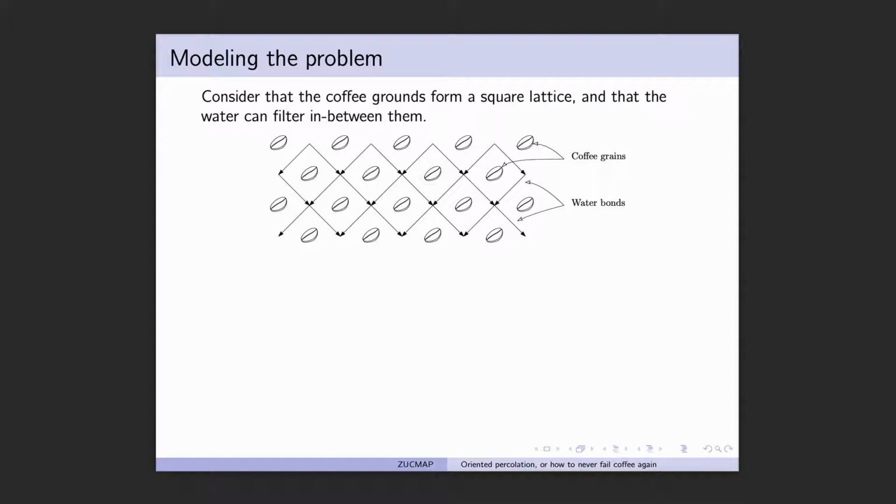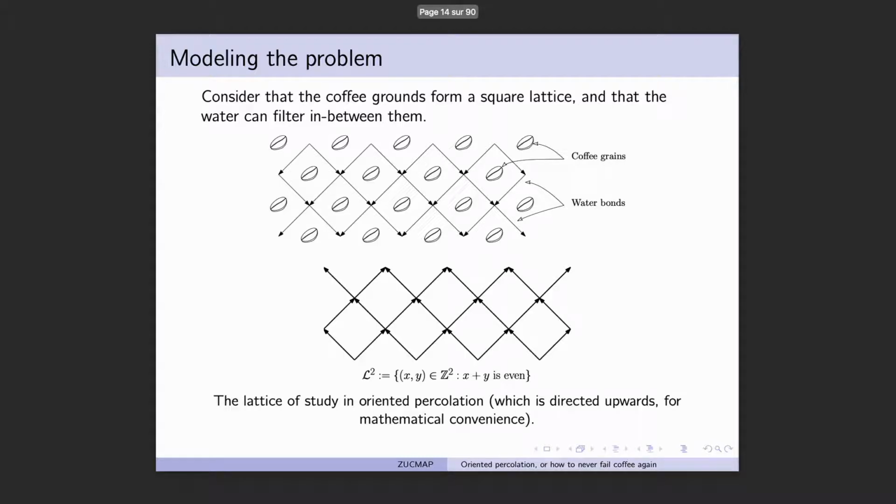And this will be the lattice that we'll consider in oriented percolation. Actually, it's convenient to rotate it by 180 degrees and to have the orientation up. So what you should imagine is that, of course, this is a finite view of an infinite graph, but it's kind of this graph where we pour water, so from the bottom this time because we rotated it, and it kind of tries to make its way up there. And the graph is infinite, but I guess it's kind of for mathematical convenience. Most of the results we deduce will be translated into some kind of finite volume case. So that's for the geometry of the model.